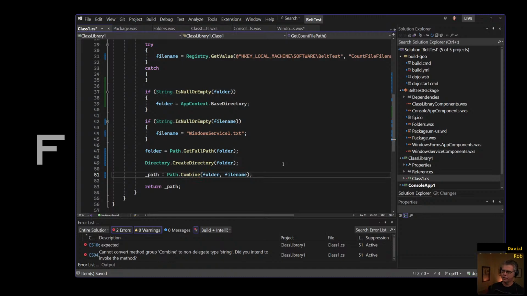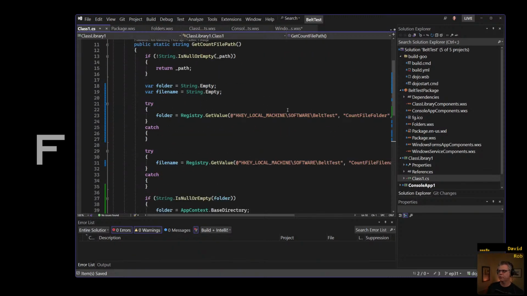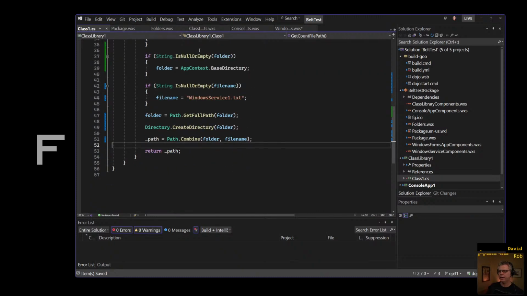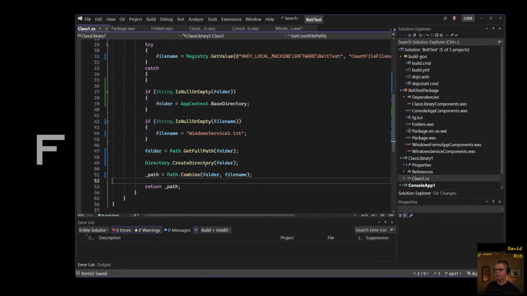Wow, look at that. Sometimes the Visual Studio IntelliSense stuff is really quite good. All right, cool. We just kind of refactored the code a little bit, right? We read two registry keys now, and then we set the defaults to those two values should there be any problem reading those registry keys. And then we create the directory just like we did before, and then we set the path to the folder and file name, and everything should be good.